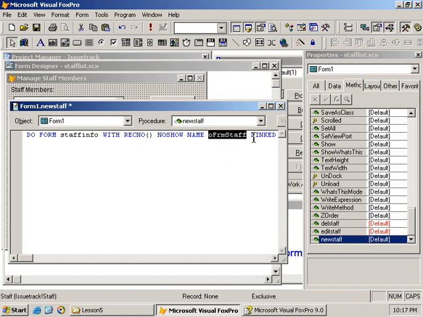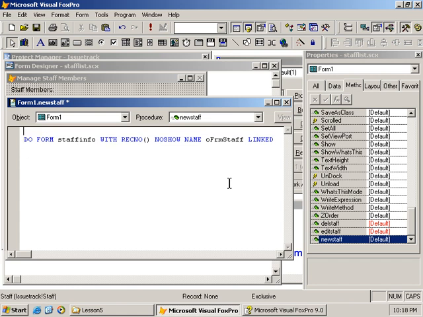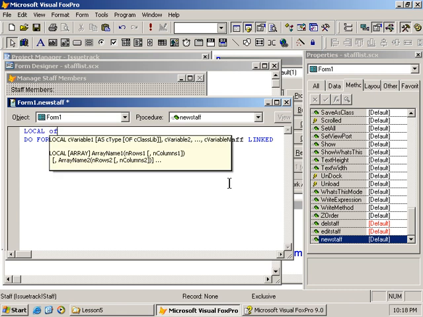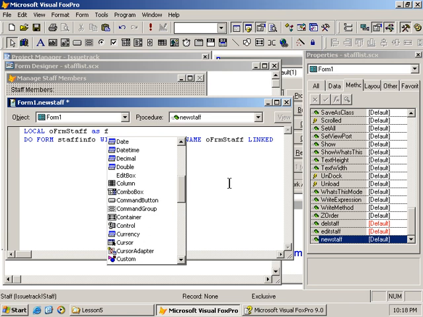And then the using says when this variable goes out of scope, close the form automatically. So you always probably want to work with the using so we don't have stuff floating around in memory and incur memory leaking or leakage. Okay, so another way to do that would be make this a local oFormStaff as Form,